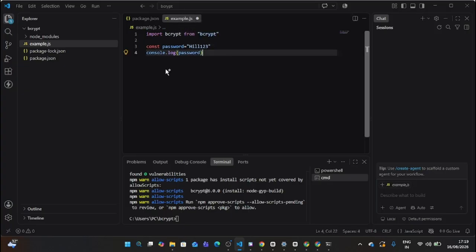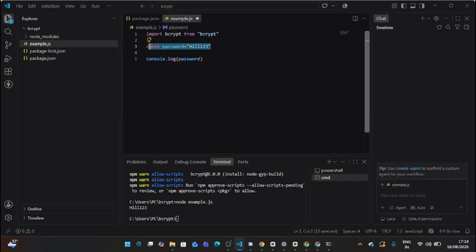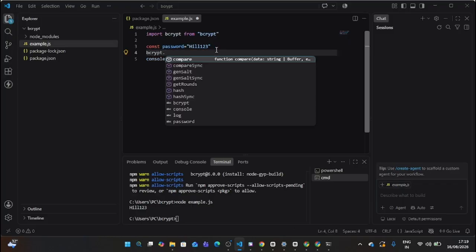Afterward we run it with node example.js, and we can see hill123. So the database is showing the password itself. Why this is wrong is that sometimes the database can be leaked, and then our password will also be leaked. So it is not a good way to store the password. So what we simply do is use bcrypt dot